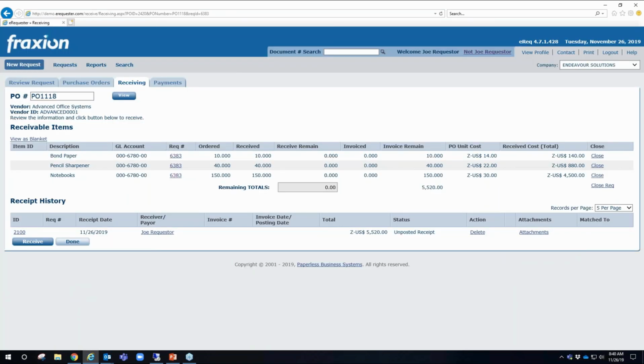And when you hit save, it'll generate a receiving transaction. So Joe has now created this receiver for $5,520 worth of stuff. He didn't attach his packing slip, but he could have, and he still can. We can make that required if you want. And now it shows that he's received everything and there's nothing remaining to receive. And at this stage,